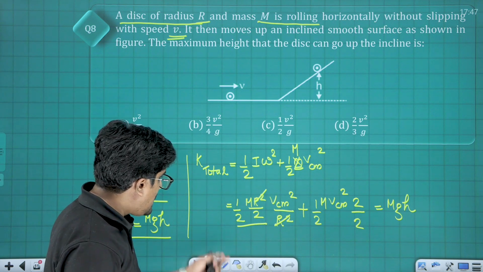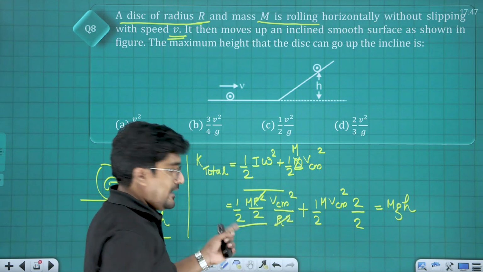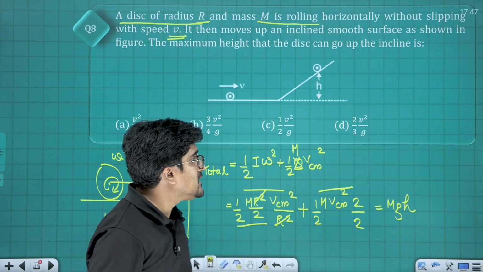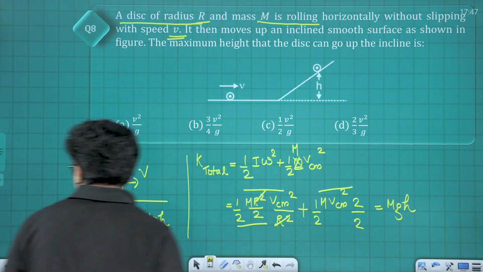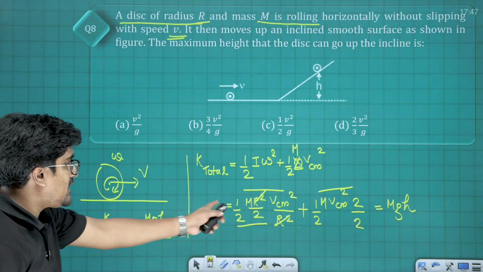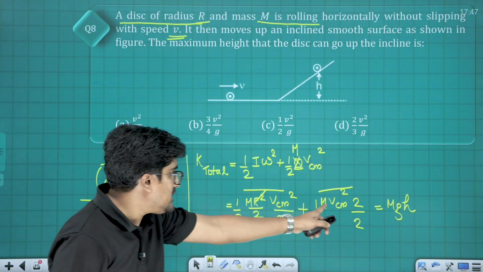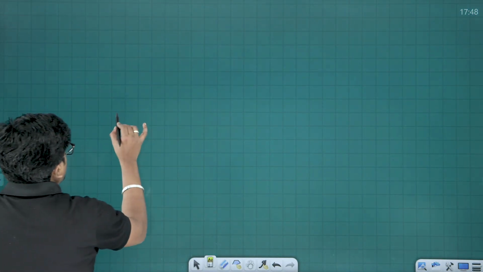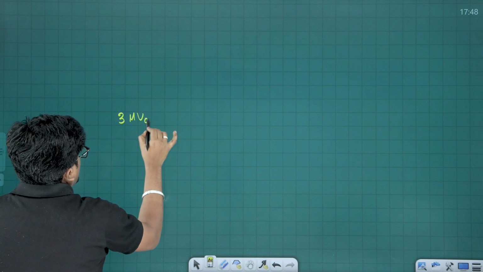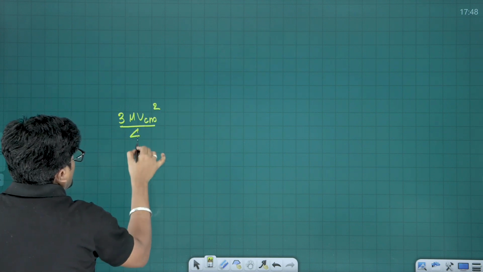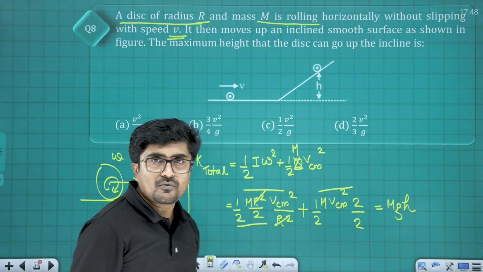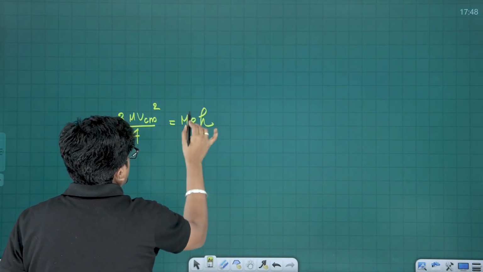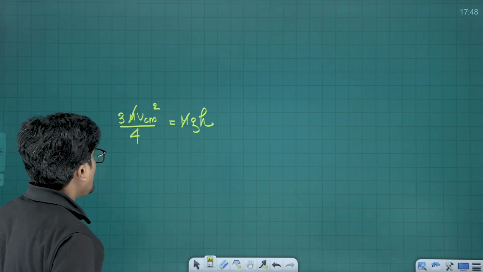Now here I have got M v square and here I have got 2M v square. On the denominator it is 4. Now if I consider the calculation to the next page, on the left hand side this is M v square and this is 2M v square. So on the numerator we have got 3 times M into V CM square divided by the common denominator 4. 2 2s are 4. And that is now equal to capital M into g into h. So M and M will cancel each other, isn't it?